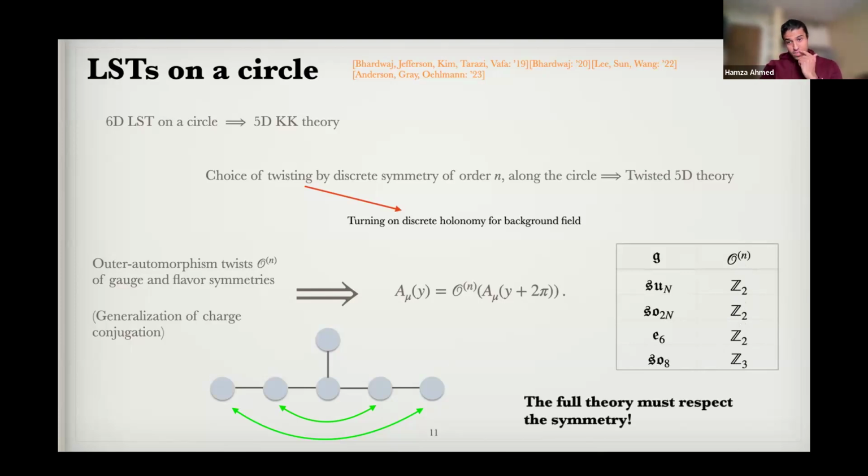One important point is that, as I showed you earlier, our LSTs have a bunch of gauge and flavor symmetries. So naively, you might think that this theory has a charge conjugation associated to each of those algebras. However, that turns out not to be the case because we have massless and in particular massive matter in the spectrum, which must be respected by any candidate symmetry. It turns out that what always happens is that there is a diagonal of the full naive charge conjugation symmetry that survives, and this will be important for us later on when we twist by these symmetries.